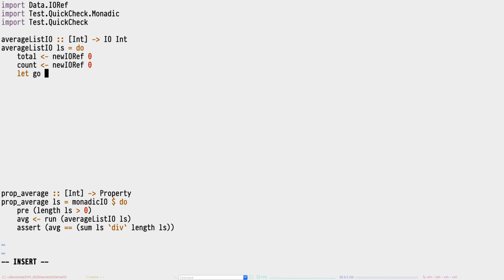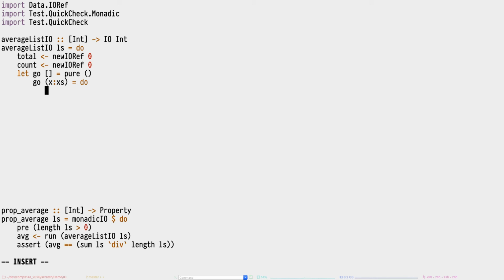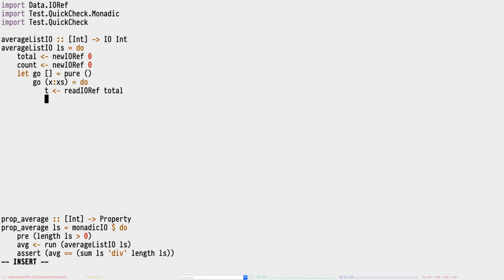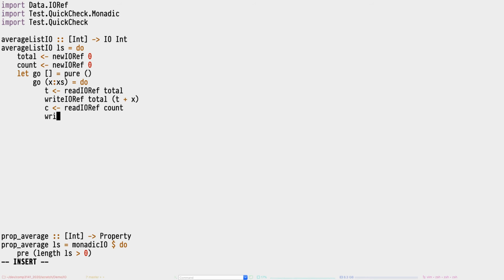And I want to go through this list, so I'll make it take in the list. If the list is empty, then we don't do anything. If we have an element in our list, then we first read the current total value, and then write into our total value pointer a new value for the total, which is t plus x, a new element x. Similarly, I'm going to read the current count and then write into the current count